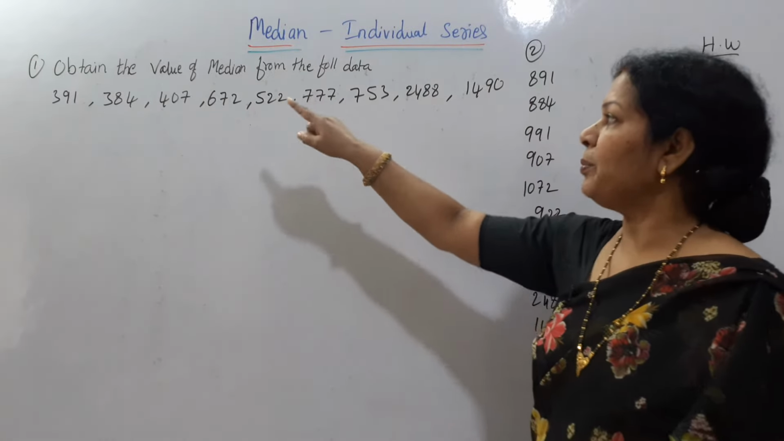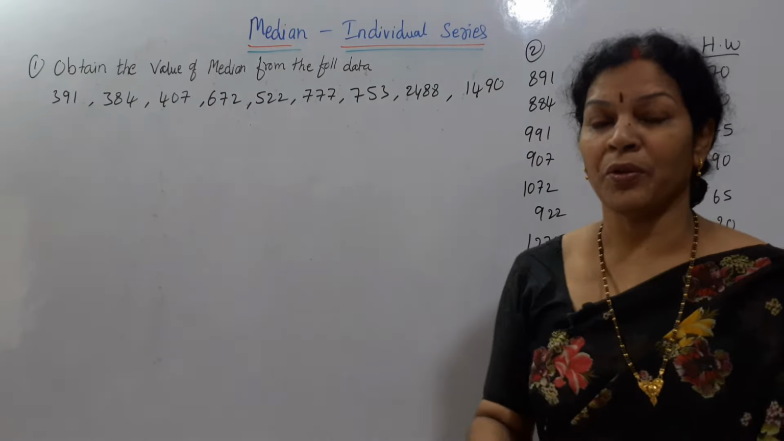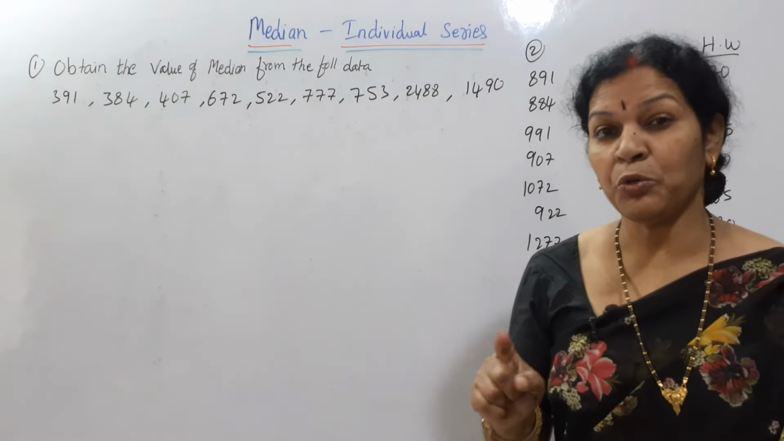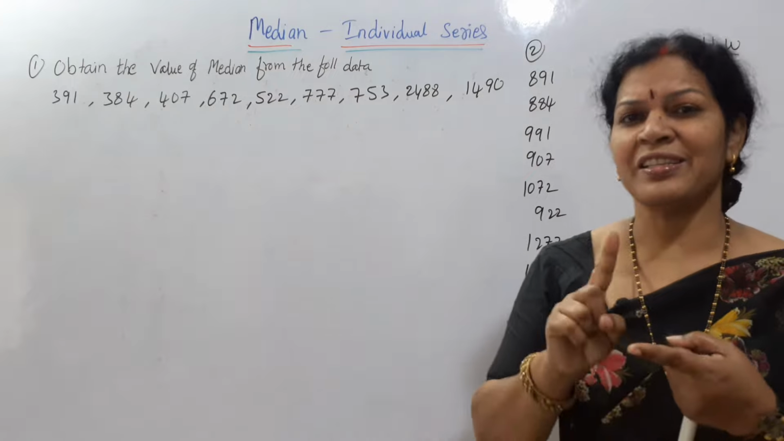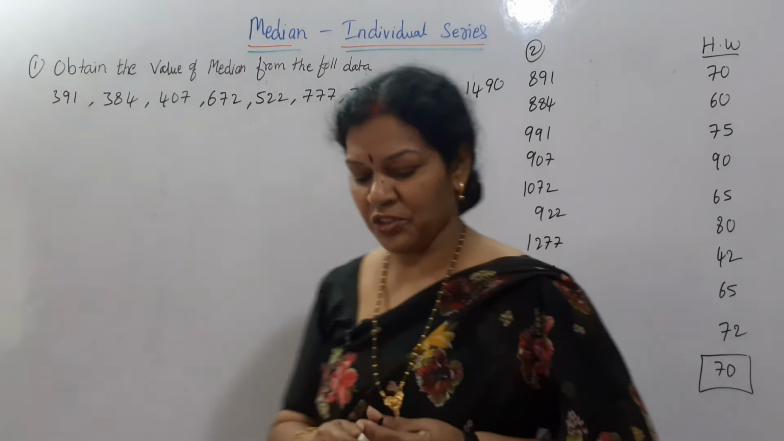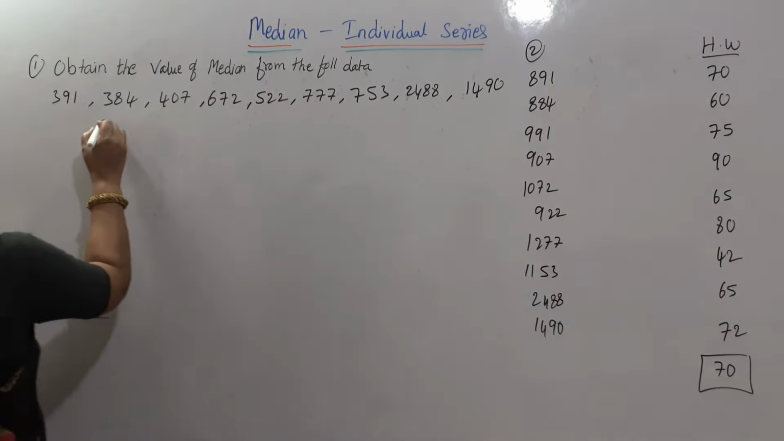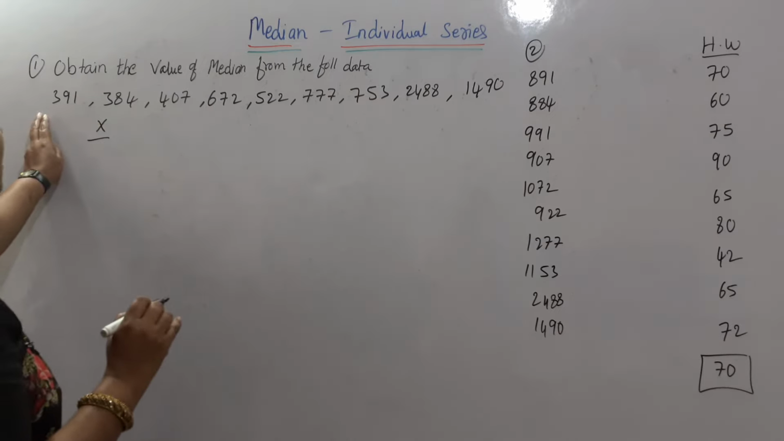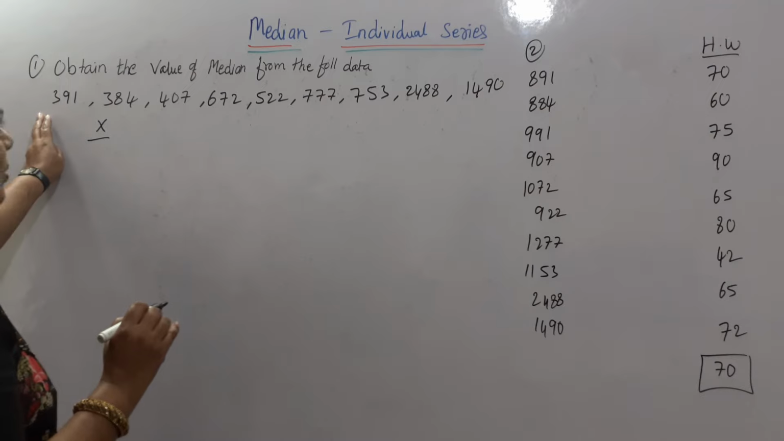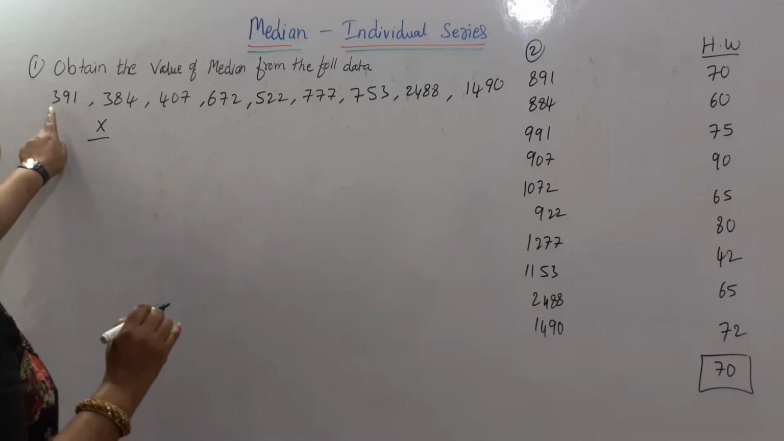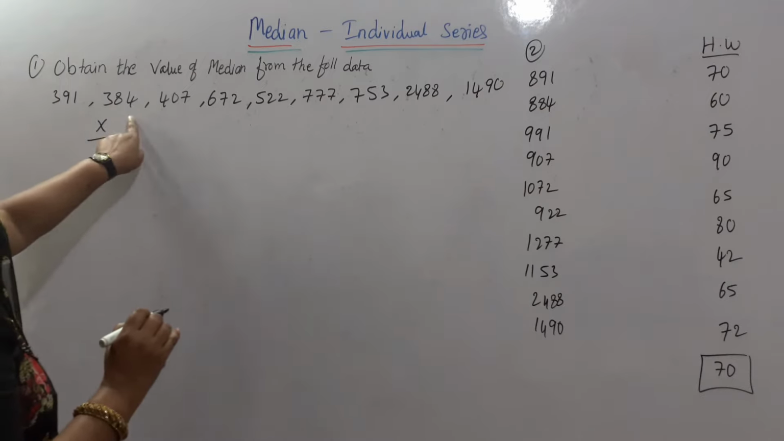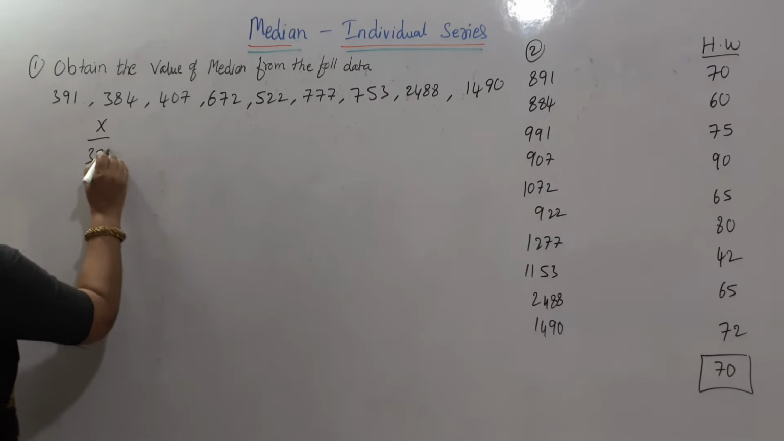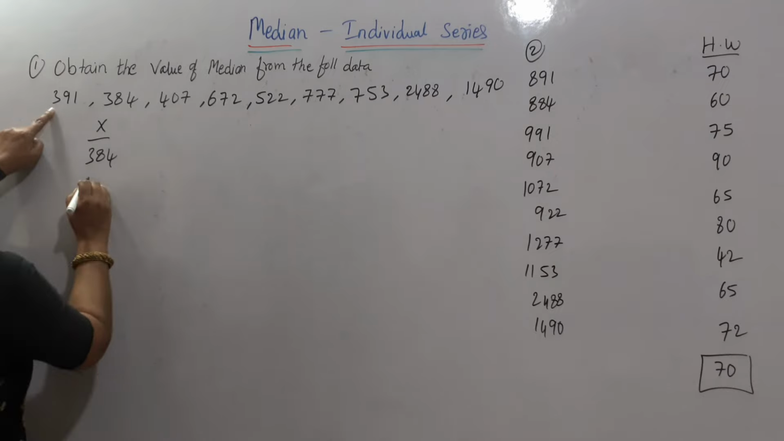Now given the data, obtain the value of median from the following data. Data is given like this, x values are given. What we have to do first? Arrange it in ascending order. So I will arrange it. I will say x. Ascending order means minimum number. Minimum number is here, 391, I think. 384. First one is 384, then after that 391,